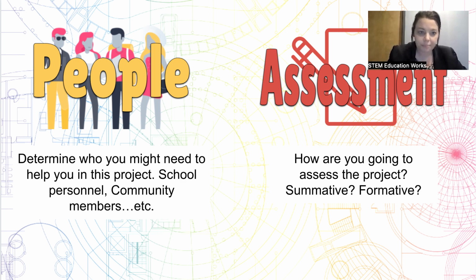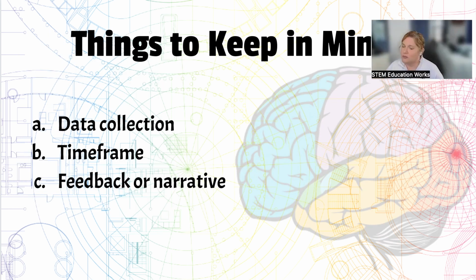Go ahead. That's a lot of information that we threw at you, but we want to pull together just a few things that we recommend you keep in mind as you go into this process. Chauntée touched on this a little bit, but keep in mind that you're going to be asked for data collection. All grants are going to require some kind of data collection. We talked about earlier, the bigger the grant, the more data you're going to need to collect. But what kind of data is going to depend on the grant. Generally, there are a few parameters you're going to want to keep in mind. They're generally going to ask for things like